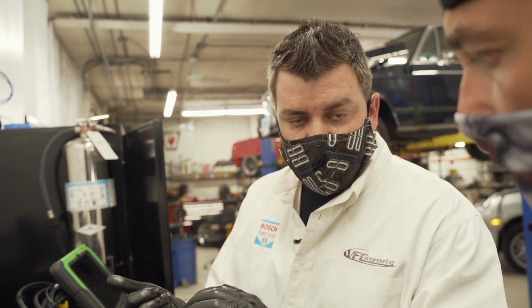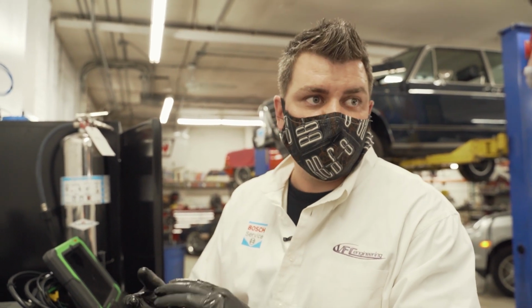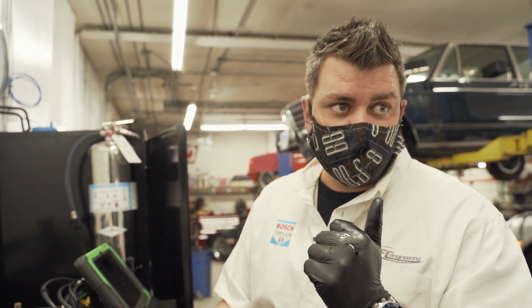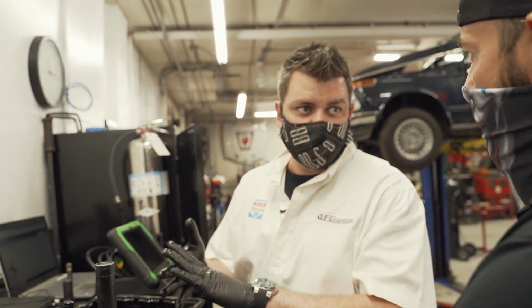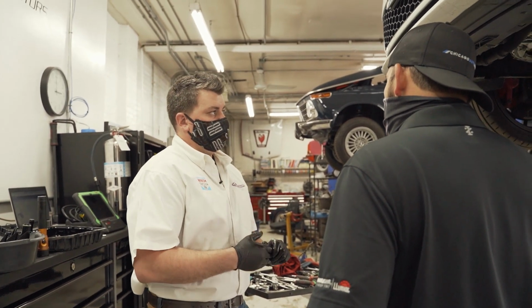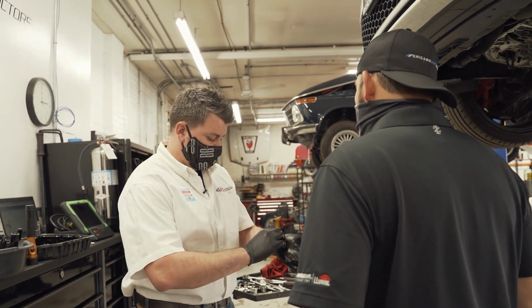It's going to damage the camshaft actuators. It's going to seize up a balance shaft, you know what I mean? So in order to make this specific engine usable and reliable again, everything needs to be disassembled, cleaned, measured, checked, or replaced. The other option is to get a new or used motor, but